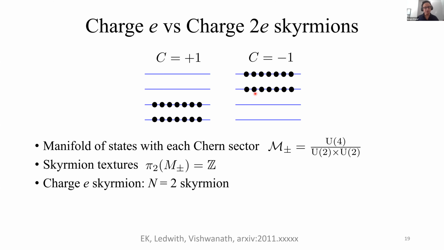Instead, we can take a more symmetric combination. We take 2 of the bands and then form a Skyrmion with the other 2 bands. So this would essentially be like 2 copies of this Skyrmion, and in this case, we get a charge 2e Skyrmion in each sector. Then we have 2 possibilities. If we pair the charge e Skyrmions, we get a charge 2e superconductor that will break the symmetry. If we pair the charge 2e Skyrmions, we get a charge 4e superconductor that could be a singlet. And what I will show you now is that I will derive a field theory that establishes that this is indeed the case.